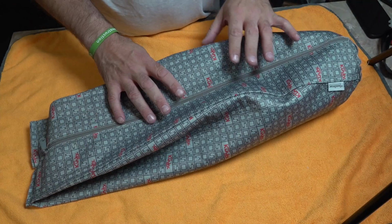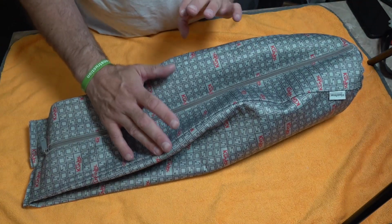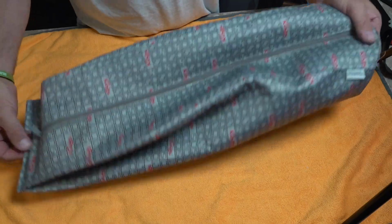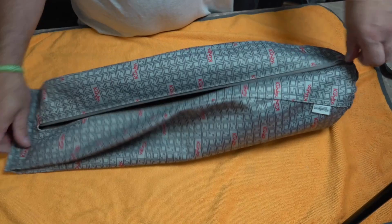Right, so that was about an hour wash, and we've got it nice and dry. It's been outside in the sun drying for around 30 minutes. It's a 42-degree day today, so it's not too bad. The stuff dries pretty quick. So to put this back together, it's pretty simple. You're just going to undo your zip,